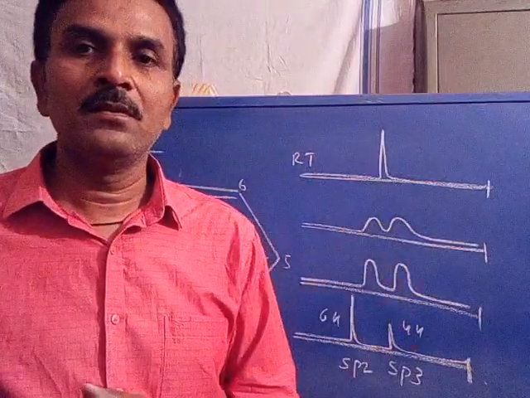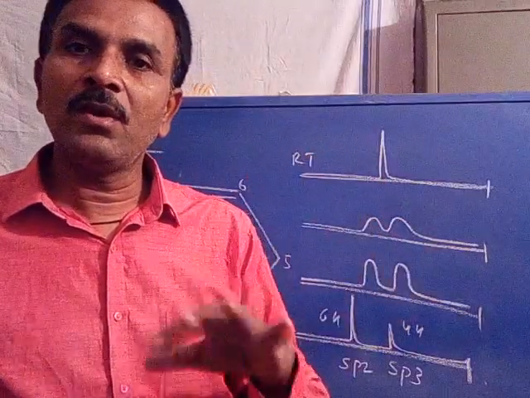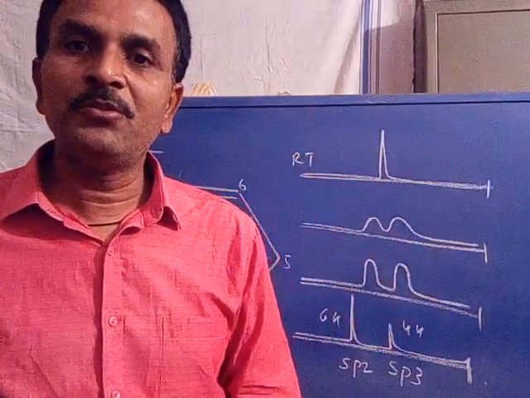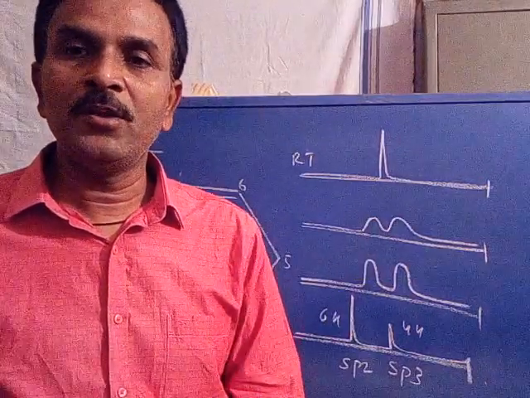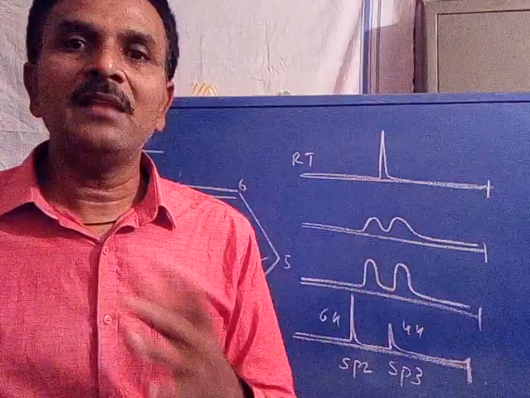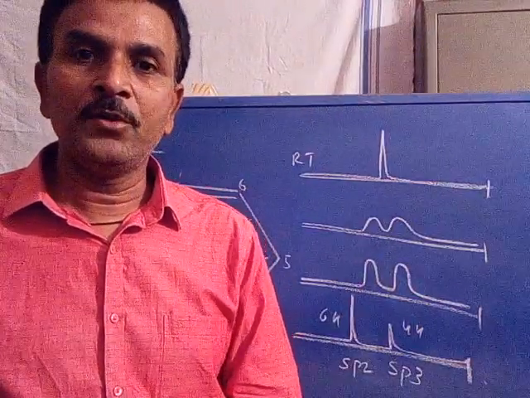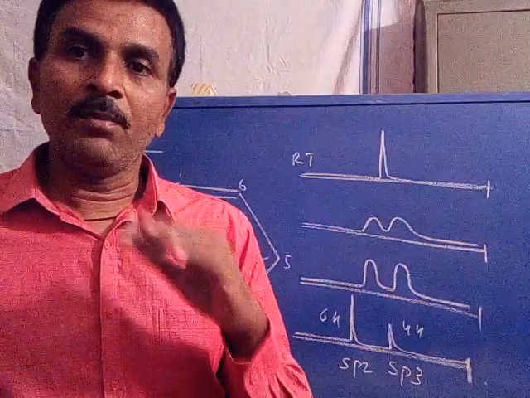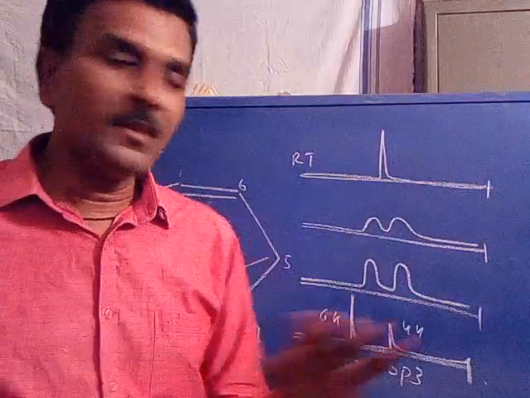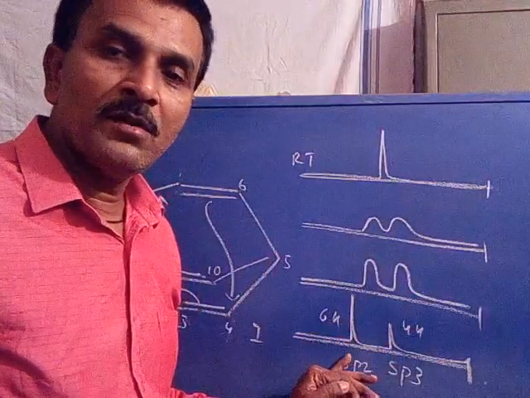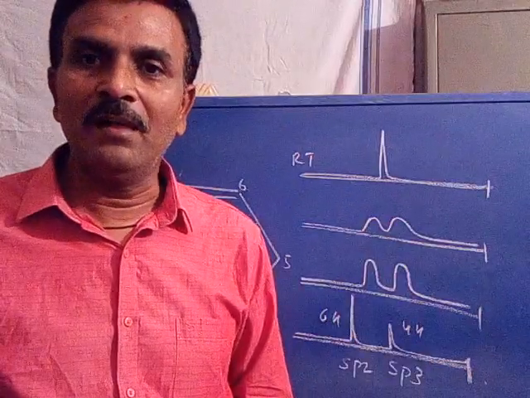At lower temperature, when the exchange between structures 1 and 2 is restricted, there is no exchange. The protons of sp2 stay sp2, and the protons of sp3 stay sp3. So between sp2 and sp3 carbons, a non-equivalency develops between the protons attached to the respective carbons. Therefore the signal of protons on sp3 carbon appears separately from the protons on sp2 carbon. So there are 6 sp2 protons and 4 sp3 protons. Is it clear?